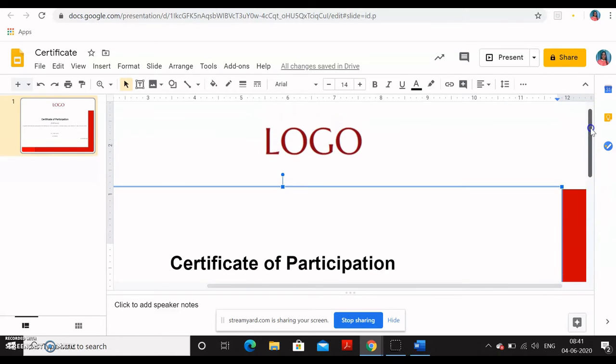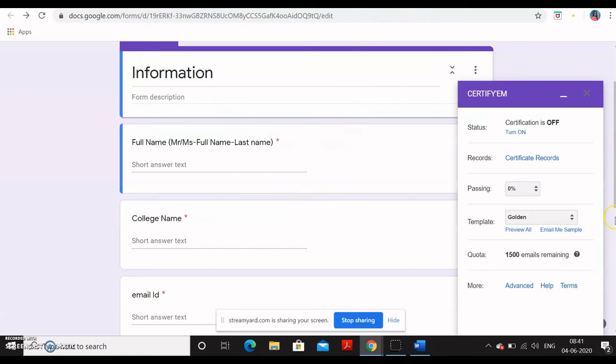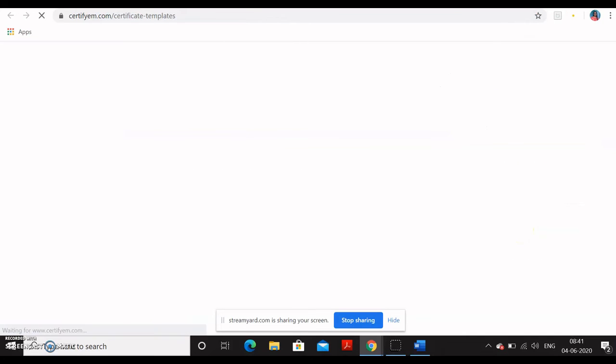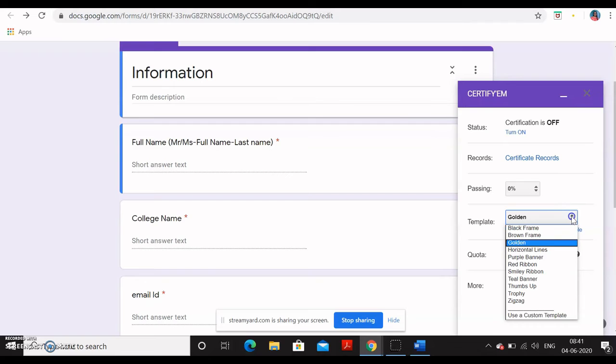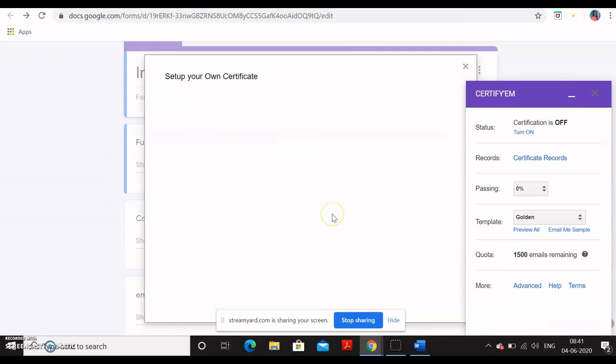So my certificate is ready. Now I will link this certificate with my feedback form. So again, we'll come back to this setting. As I explained to you, the last point was a template. Now the template, you can see preview, sorry. I will go to this section and I will click on use custom template.